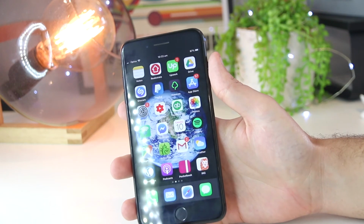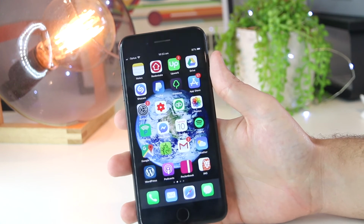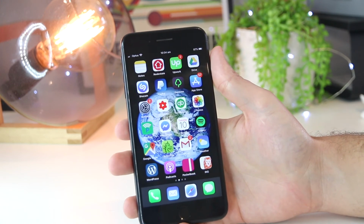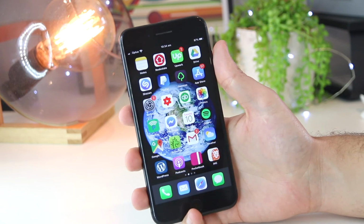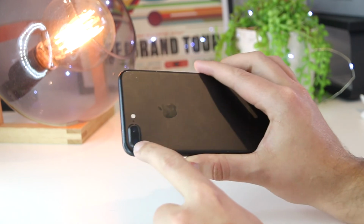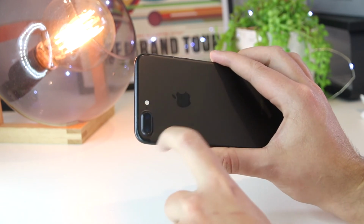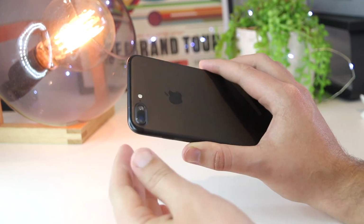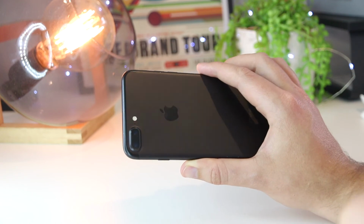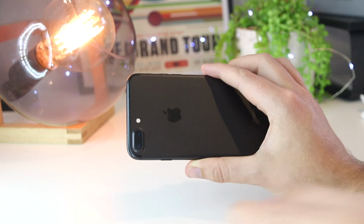Okay guys, so if none of these steps have worked for you yet, I'm just going to share with you a last ditch step that I've found has worked for me in the past when I've dropped my iPhone into water. This caused the lens on the iPhone to get very blurry and filled with moisture and residue as well. So what I did to fix this was get my girlfriend's hairdryer and gently blow the